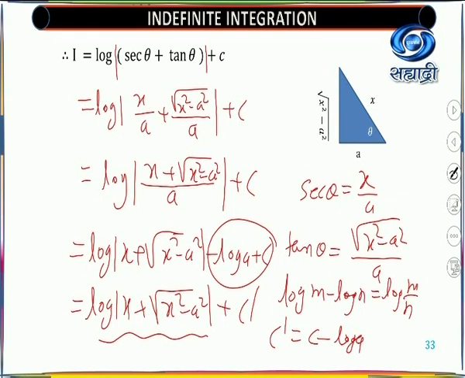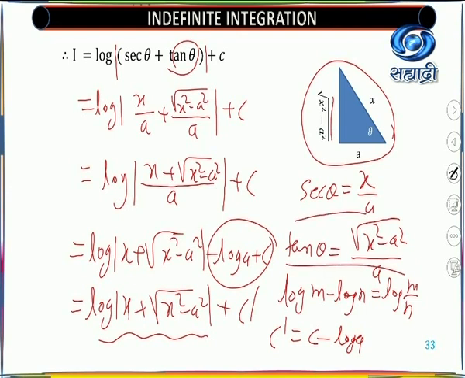Only thing is that there are two different methods. In the previous lecture, I told you to write tan theta as root of sec square theta minus 1, or root of tan square theta you have to write first, then sec square theta minus 1, and substitute the value of sec theta which you have. And another method is you are able to use the right angle triangle. By Pythagoras theorem, this third value you will get immediately, and immediately you will get the tan value. Both the methods are correct to solve these examples.